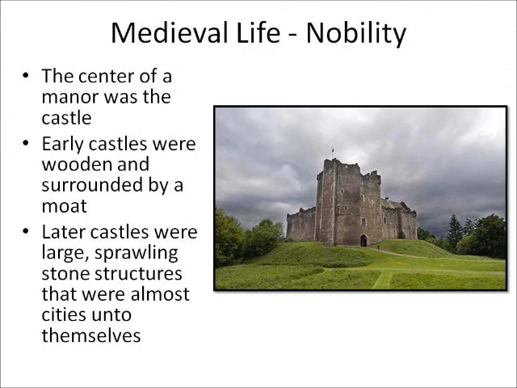Castles evolved over time as building, engineering, as it were, became more advanced. Early castles were usually wooden, surrounded by a moat, which is sort of a waterway that you could, according to stereotype, throw gators in to keep people from crossing and all of that. As the years wore on, castles became much larger. They became much stronger. They were usually made of stone instead of wood because it was easier to defend. It was much harder to penetrate if you are an invading force if the castle is made of stone.